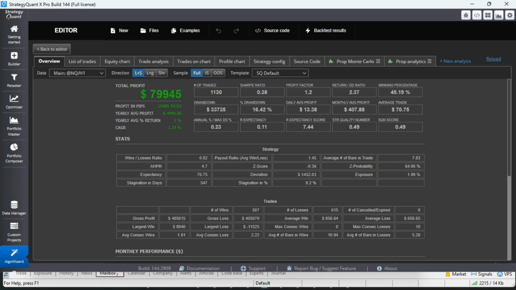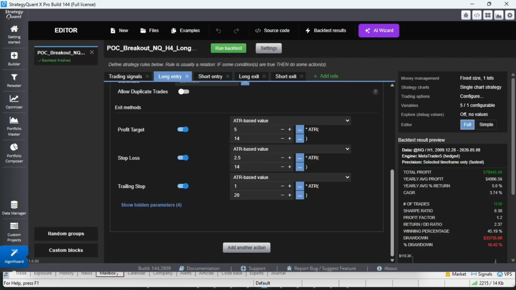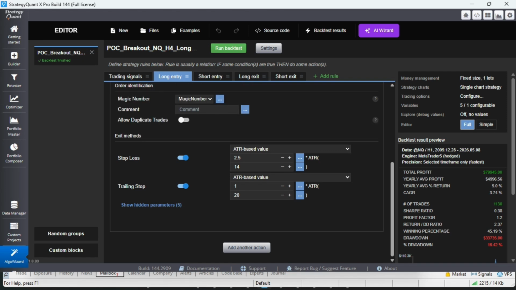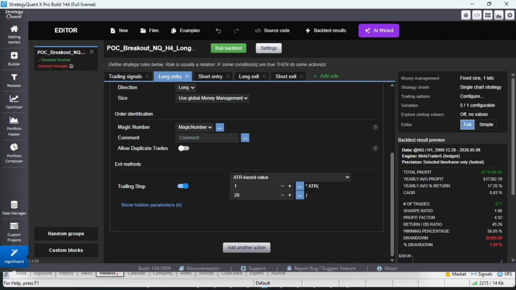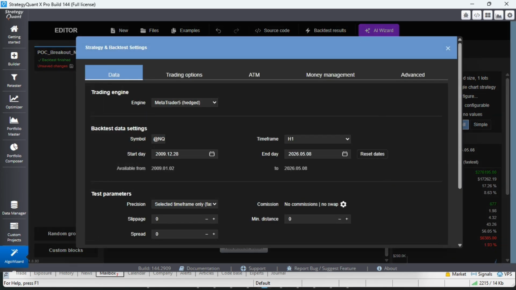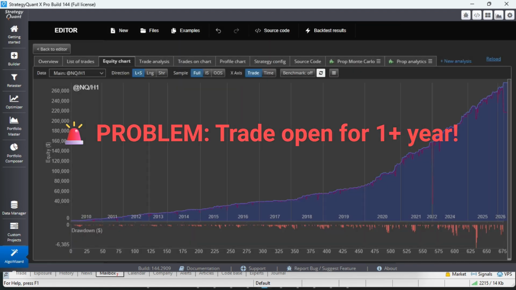You can see here the equity chart, and then you can change the conditions in the editor. If, for example, you delete this profit target and the stop loss and it only works with the trailing stop, you will find different results. Let's run this, run backtest. Yeah. So you see the data comes from 2009 to 2026. If you see the results, this is like that, but this has a problem because an operation can be open